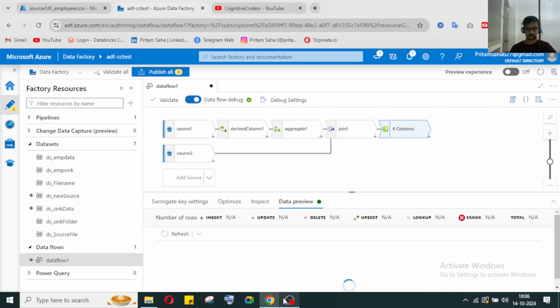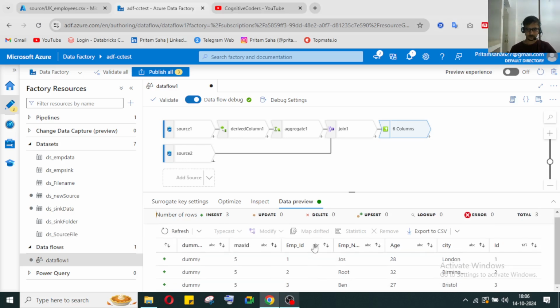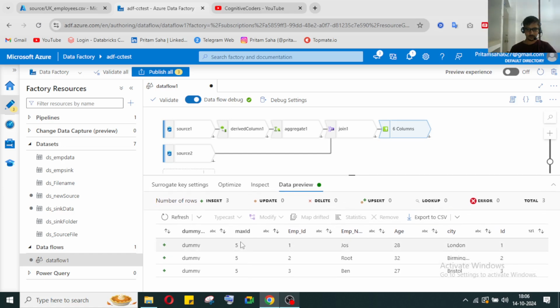So let's see. So now I'm getting the data like this. Now what we can do, you can see the data. We have maximum id 5 for the sync data set. Okay, now we are